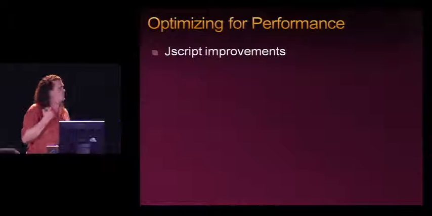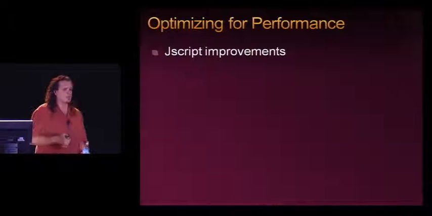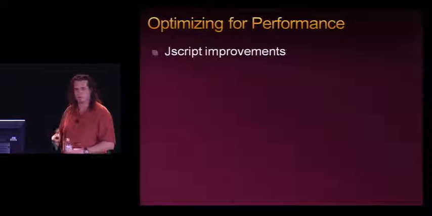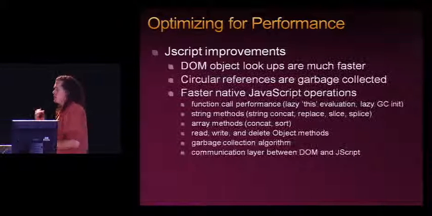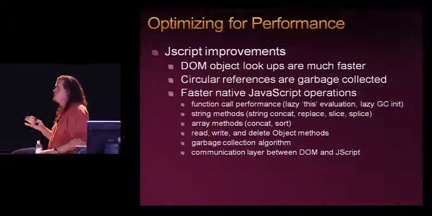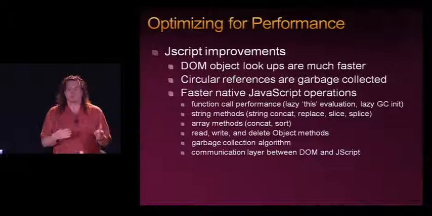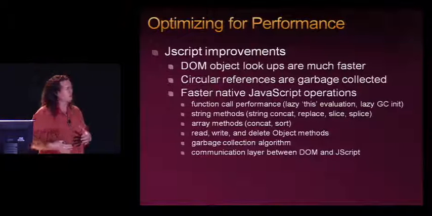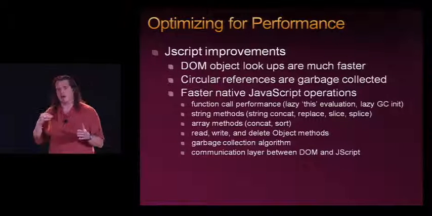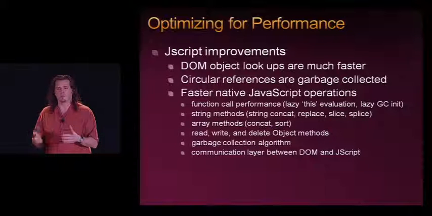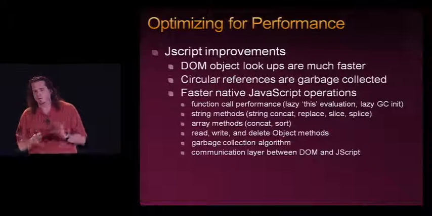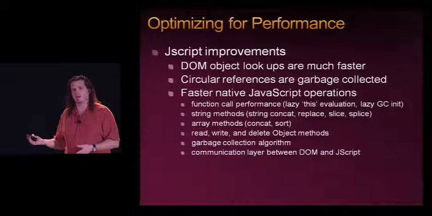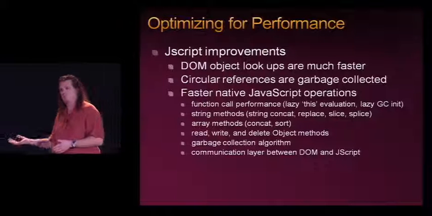But the really big area that we've been taking on with performance has been around JavaScript. We have a team that works on the JScript DLL, and they've been cranking away. They have a bunch more than this even that they've been working on. But the first thing that we did was we made DOM object lookups between the Trident system and the JScript DLL much, much faster. We optimized how we actually interact with each other in order to speed the entire system up. We also garbage collect circular references now inside the JScript engine rather than waiting for the page to be broken down and throw things away.